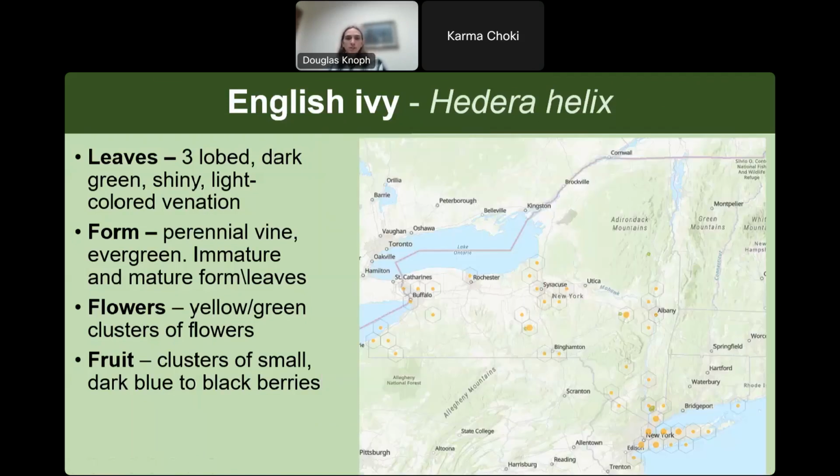Distribution for this species kind of clustered around population centers, so major cities, but also I'm sure most people here can think of a local park or something that has this growing sort of wild. So for any of these species, but especially for this one because it is a popular ornamental, we aren't looking for data on ornamentally planted species. So if it's in a pot or in your neighbor's flower bed and kind of kept there, that's not what we're looking for. But if it's growing, again, like in your local park and it's kind of just growing wild